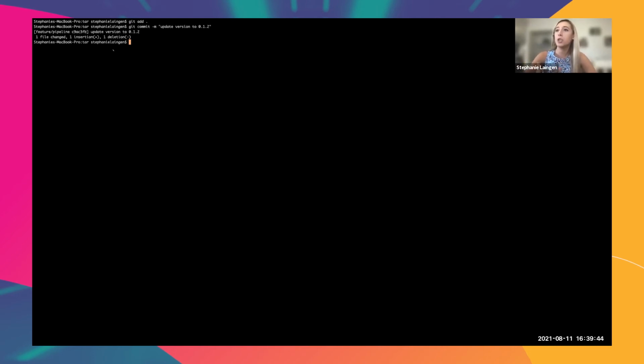So the feature branch that I'm on is called feature/pipeline. And you've seen that I've made one file change, and I'm going to go ahead and push that up to my feature branch.